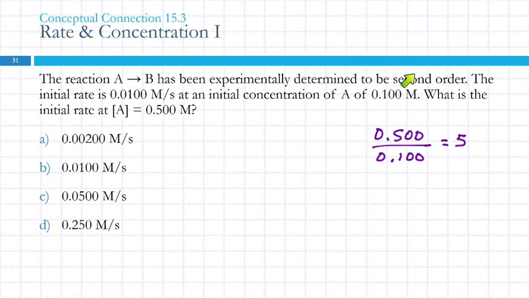This is a second order reaction, so what do we multiply the rate by? 5 to the second power. 5 squared. So the initial rate was, oops. I bet you didn't know that was a number. Or maybe it's a landmark on the coast of somewhere. So if we take 0.0100 molarity per second and multiply by 5 squared,